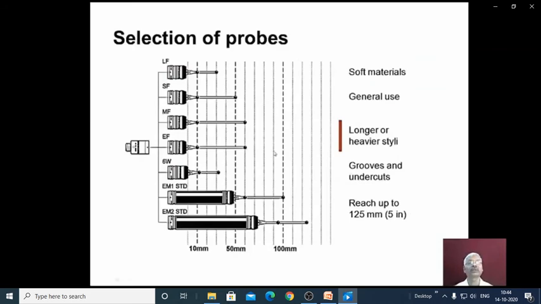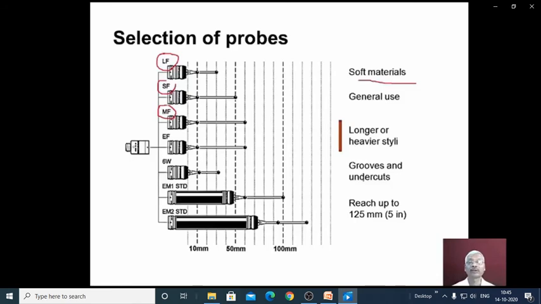Now how do we select the probes? Depending upon the material. If you have a soft material, then we should select the probes with low measurement force requirement. So for general use, we can select the SF type, and for heavier, longer styli, we should use the probes with medium force requirement.